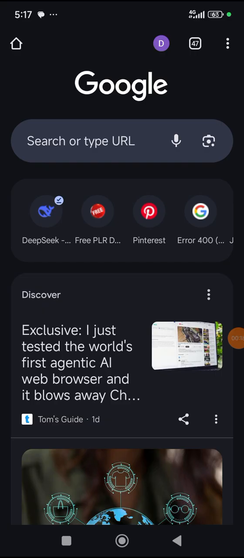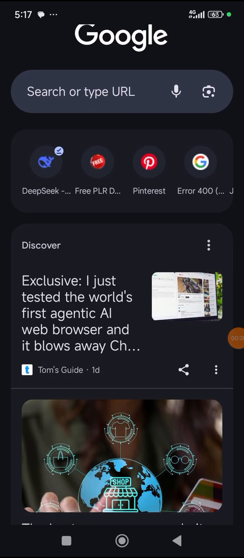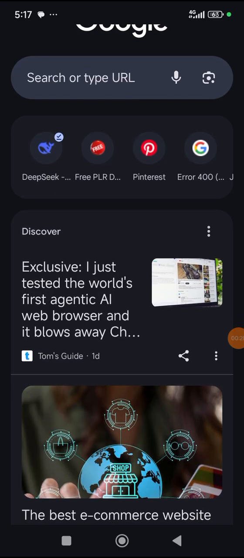1, how to find these ebooks that you can actually sell online. 2, how you can actually rebrand them to carry your name as either the author, or you can do whatever you want to do with it. And number 3 is how to automate your process. That means how to set up your online store, so that even while you are sleeping, people can still be buying your book and your money will be reading in your online store. So I'm going to be showing you 3 things basically.